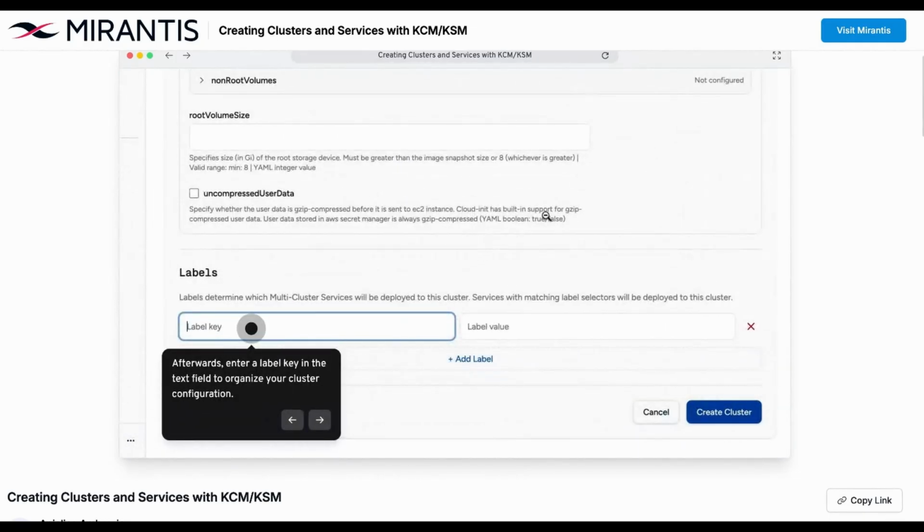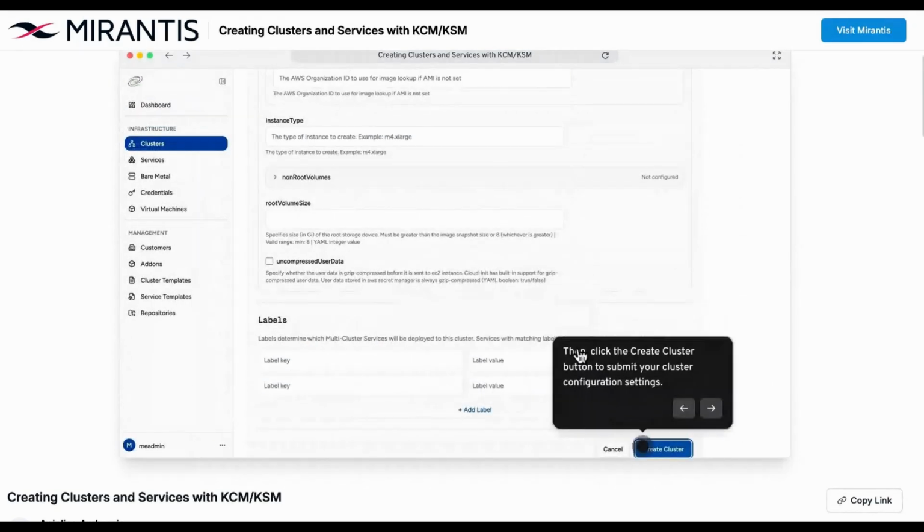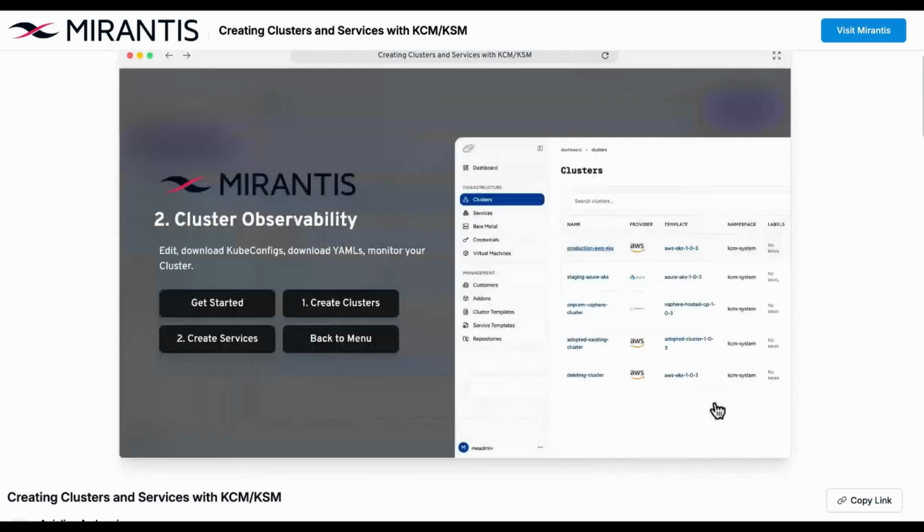The way labels work is that if you want to tag a service onto your cluster, for example, if I want to put Prometheus onto my cluster, I can just label it Prometheus. That way I can sort all the clusters by what services they use. Or, you could be creative. You use these labels like, okay, these are this team's clusters, and I will label it as such. This makes it a lot easier to sort your clusters and find the clusters that you need. So I'm going to add multiple labels and then create cluster.